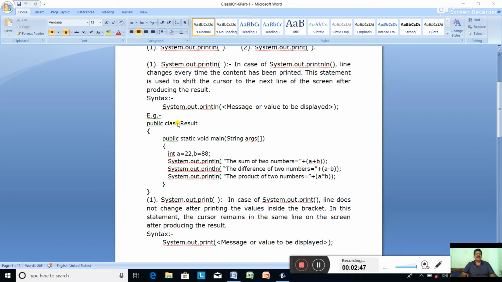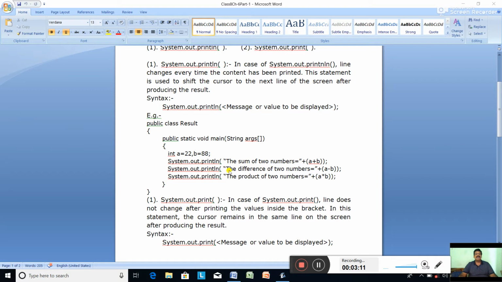For example, public class result, public static void main String args. We have two variables, integer type, int a equal to 22 and b equal to 88. System.out.println, the sum of two numbers equal to a plus b. So see here, this a plus b is within the bracket. So what will happen? a and b will be added and the sum will be printed.